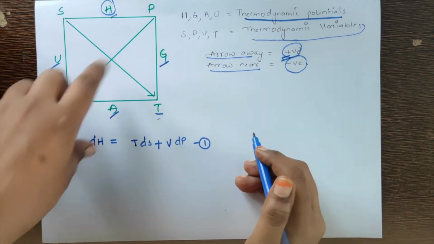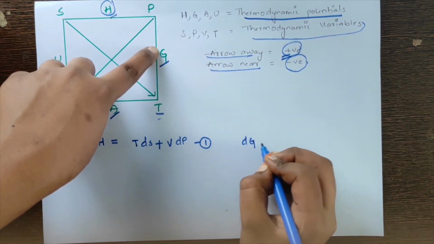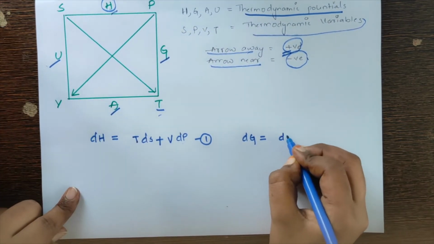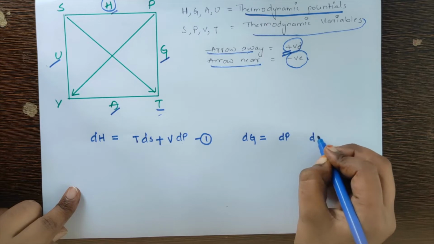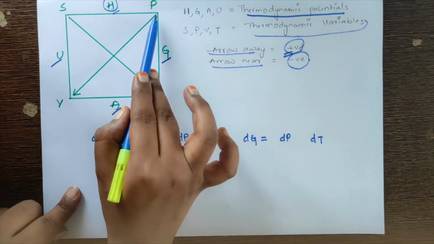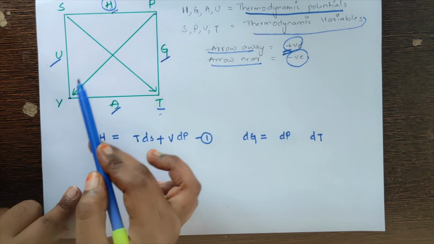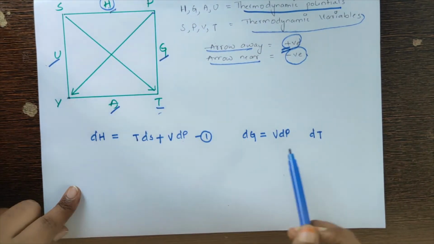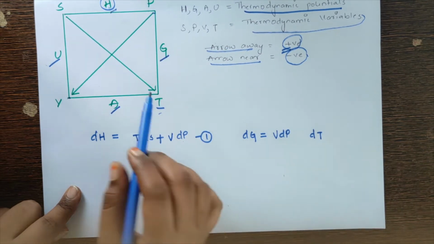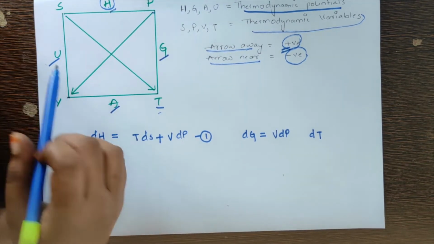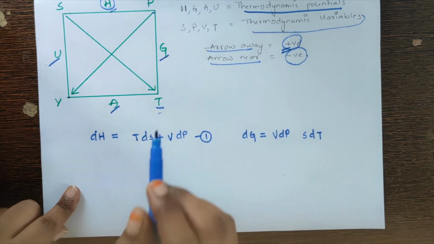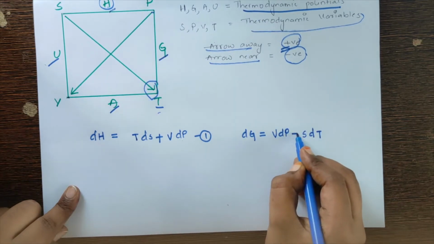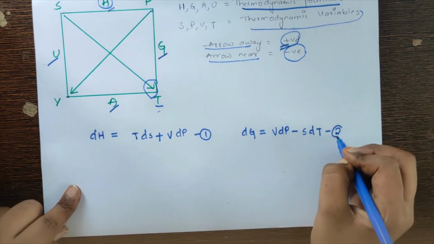And now we will be deriving for G. Write dG, which will be equal to, it is in between P and T. So dP and write dT. Now here in dP case, the P is moving towards V. So we will write here V. As the arrow is going away from the P, the charge will remain positive. Here towards T, S is coming. So we will write S, and remember the arrow is towards the T. So when the arrow is coming near, we will write negative charge. This is our second relation.